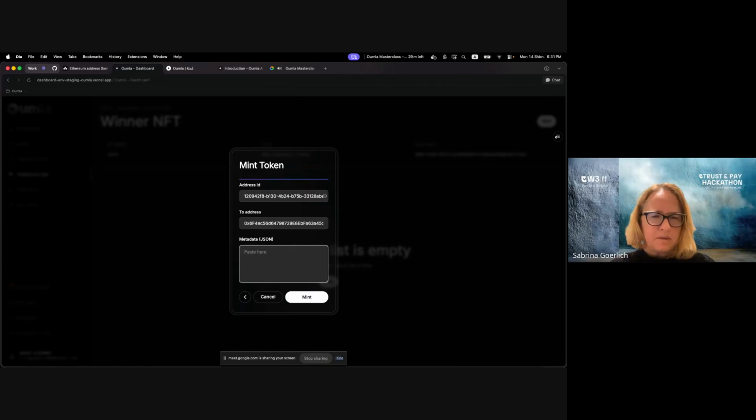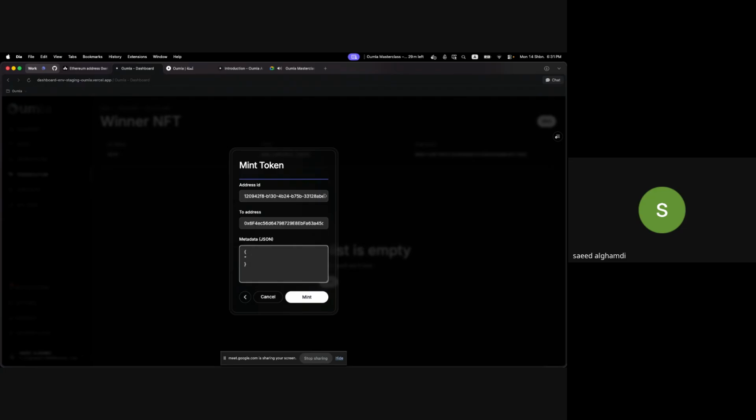So the winner gives me their wallet address. Here, for the metadata, you will create the metadata that you want, like the name. It will be the NFT winner, something like that. Then a description as well.